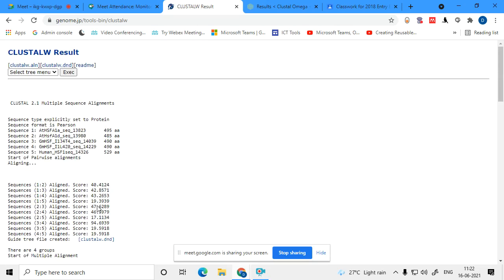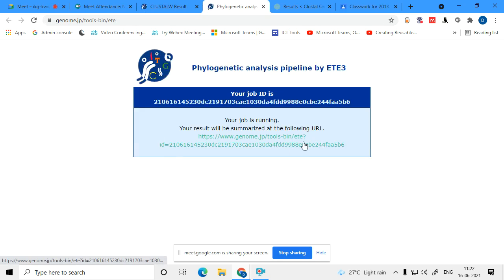Now from there, let's get a phylogenetic tree. Let's execute the phylogenetic tree. My job is running. So it is still running, just wait for some time. It will finish very soon.